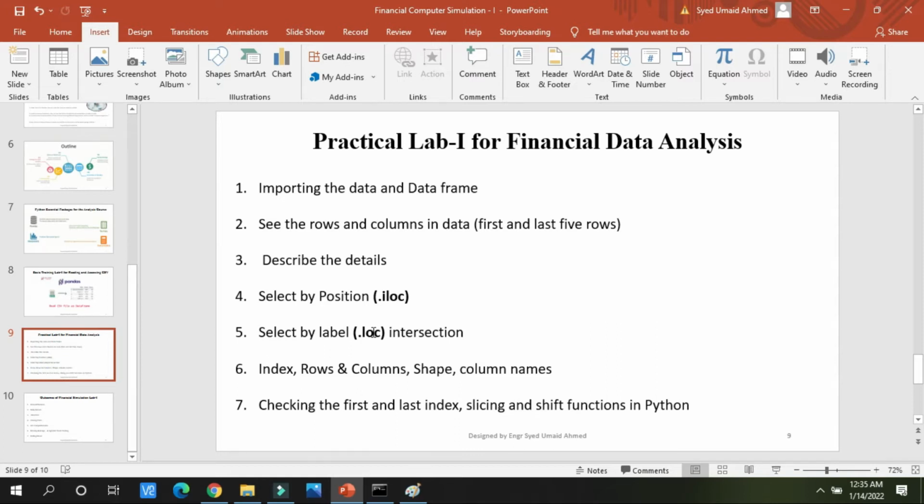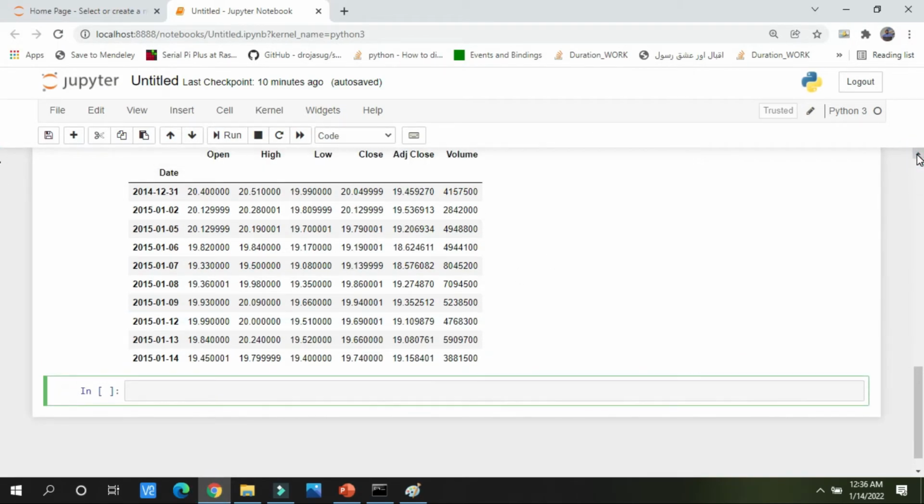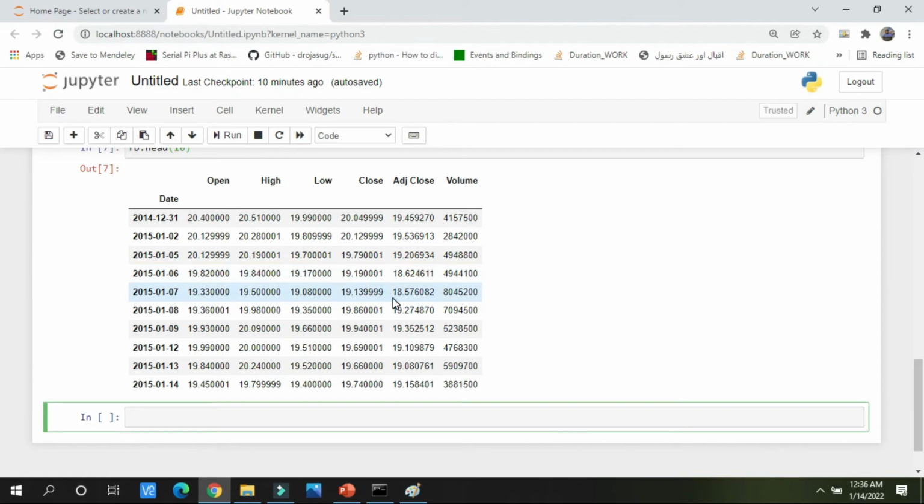LOC is basically capturing any term by its label. You can see 19.7 written here, its label is low, and 19.19 is under the label of close, and from the rows it is under the label of 2015.